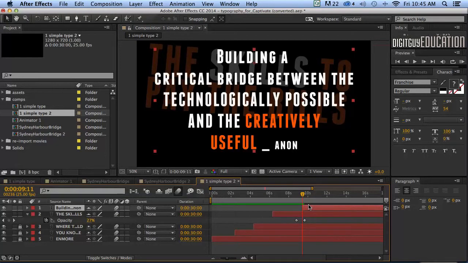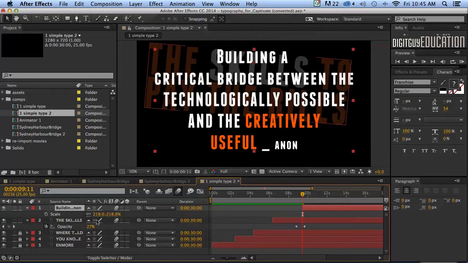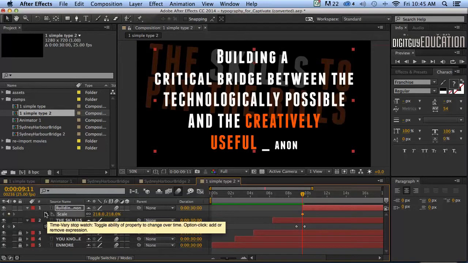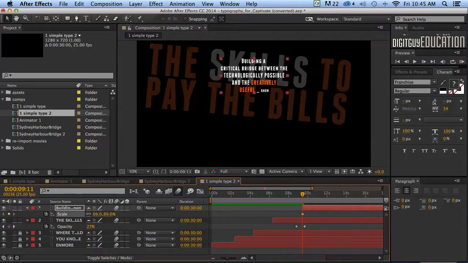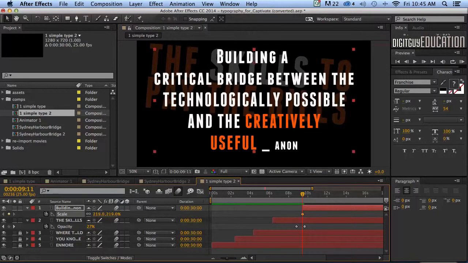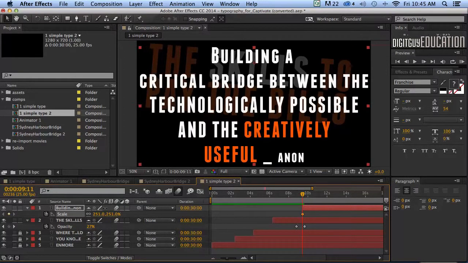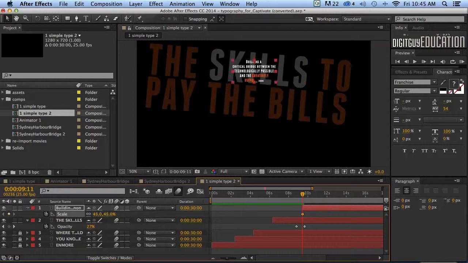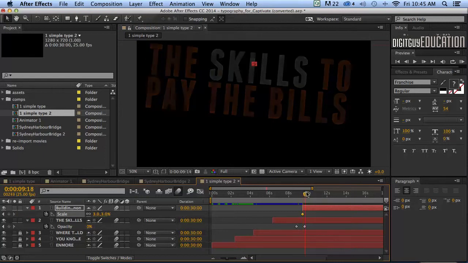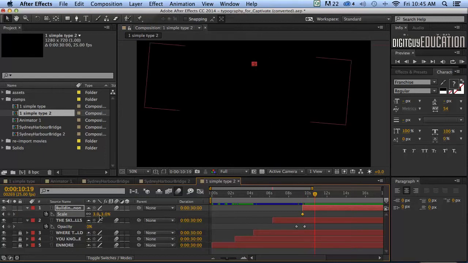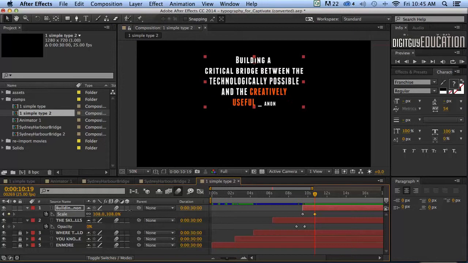And all I'm going to do is do a little fancy trick where I'm going to use the scale. So I'm going to select the layer, press letter S for scale, and I'm going to put a keyframe at that point there. And I'm going to drag it right down until it's, I better check that it's centered first. It's not actually centered, it's a little bit off center. Oh, it's pretty close. Pretty close. Okay, so I'm going to drag it right down to absolute 0, just about like that, and then really quickly, like in less than half a second, I'm going to scale it up to about here,